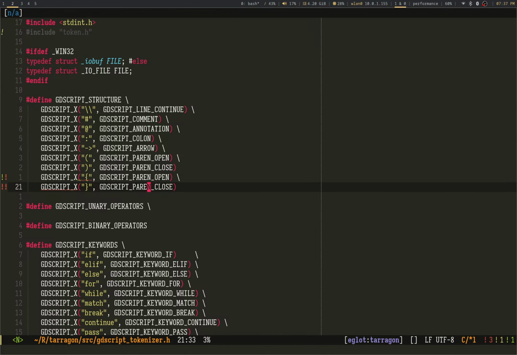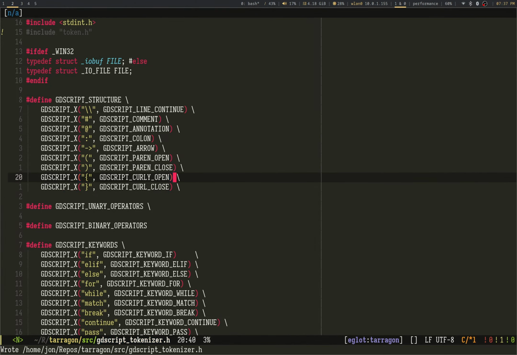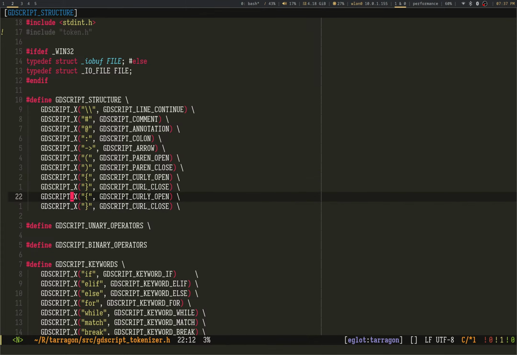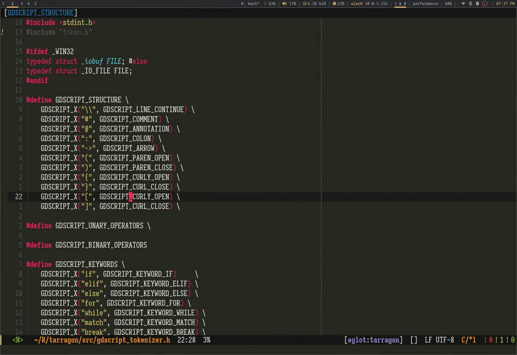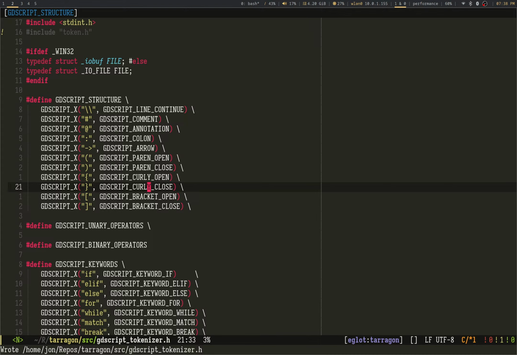This is for dictionaries. Curly, curly. And what seems to be a problem here? No problem. And we'll just finish it off with the square braces. Square brackets. These are brackets. Curly, this is a brace. So we'll settle with those names.